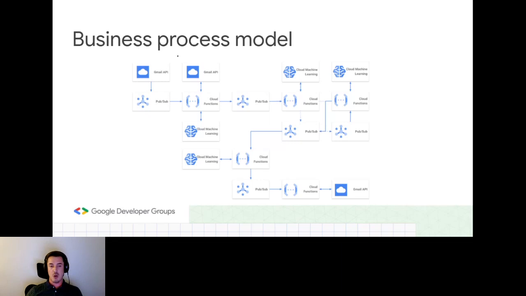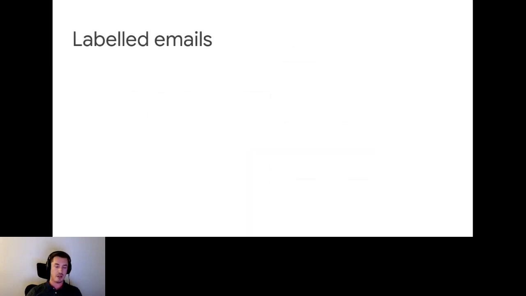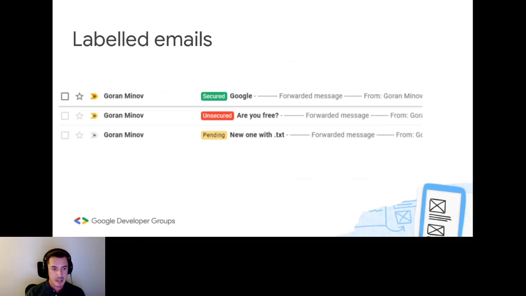It all depends. We can invoke a different Pub/Sub, or we can go straight to the Cloud Function over here, invoking another Pub/Sub. So these are the steps where we have described whether or not that email has an attachment, and whether or not that email has a URL. That's the only difference that we can see. There is an attachment or URL. This is how the labeled emails look.